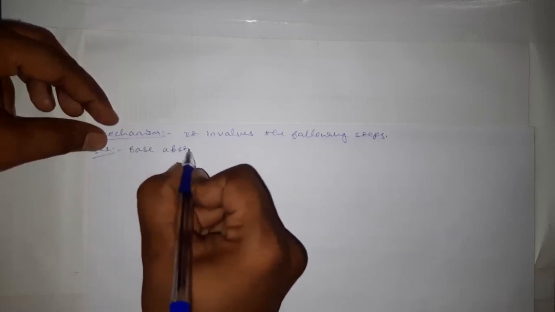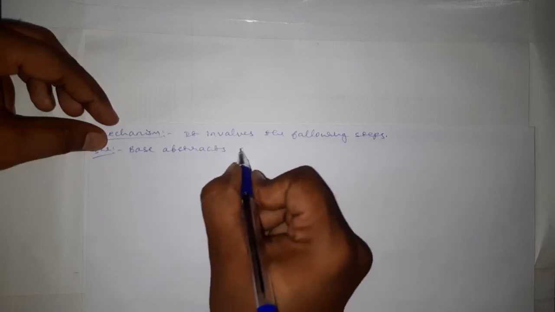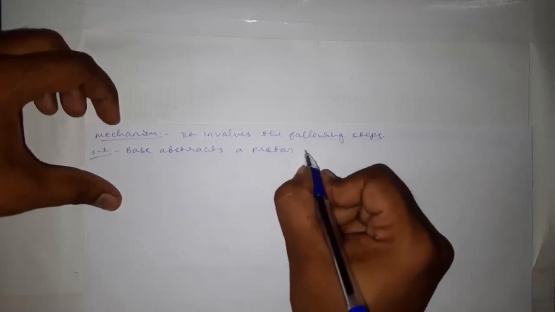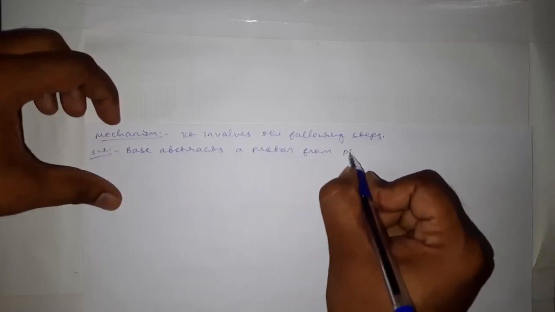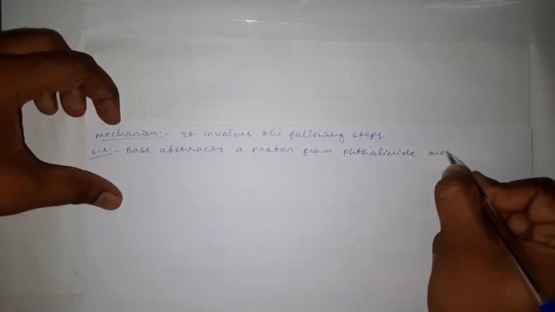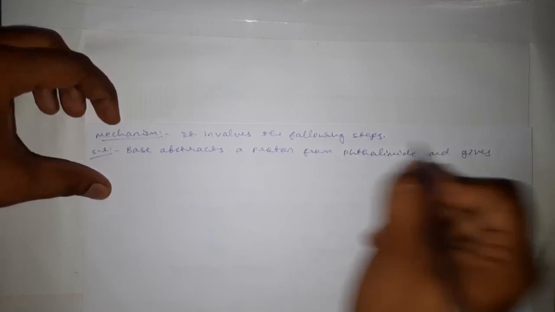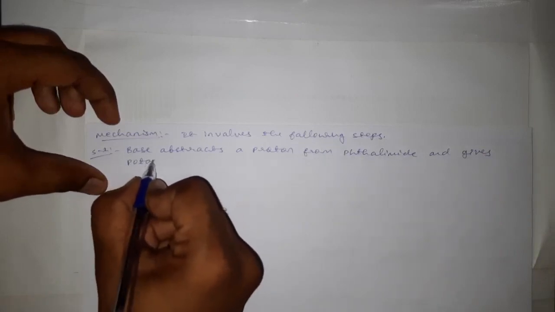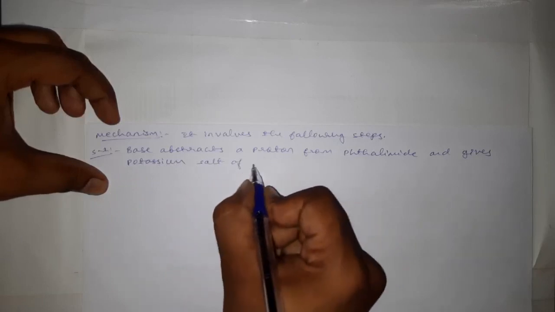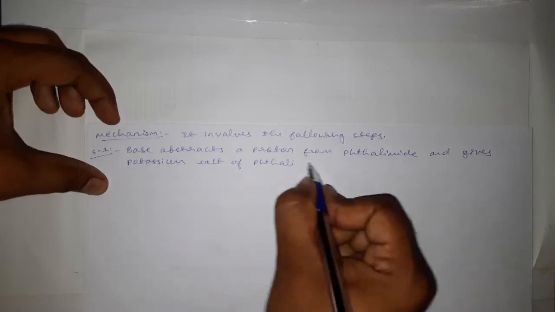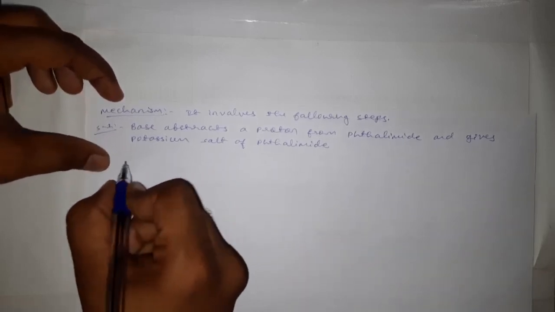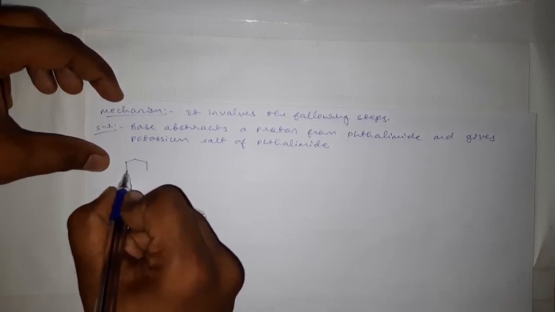Base abstracts a proton from phthalimide and gives potassium salt of phthalimide. First, base will abstract proton from phthalimide,